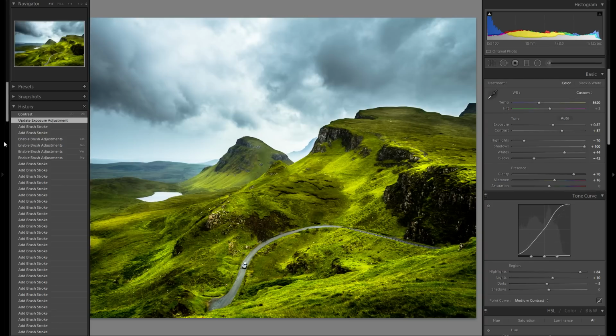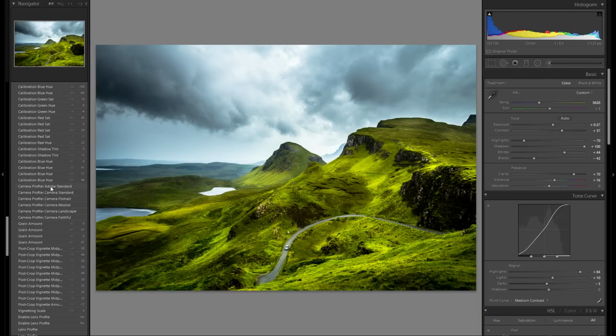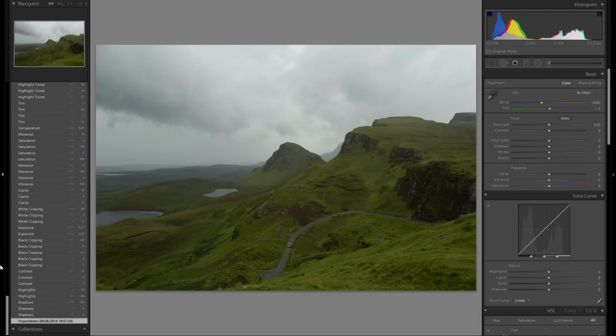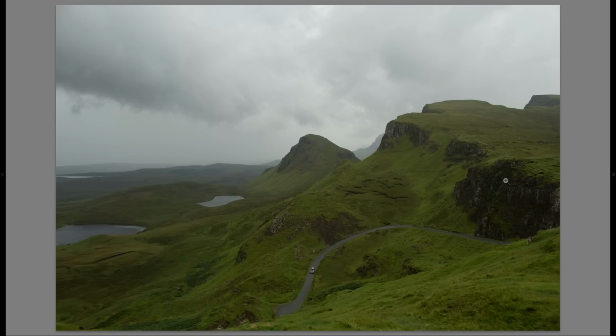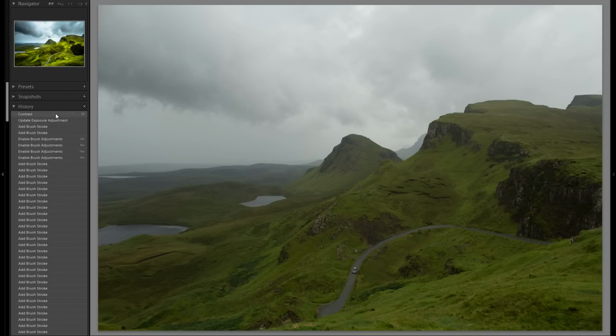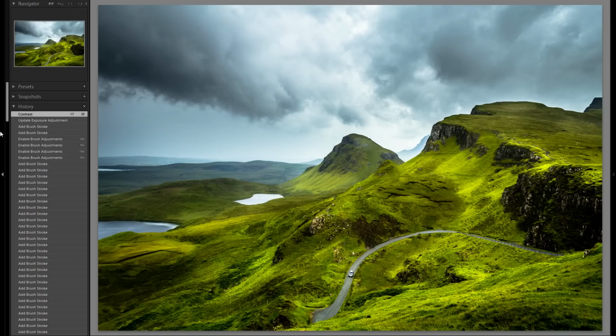Alright, so let's check where we started at with the raw file. Go down the long history, and here's the raw file. Really insane where we started at. Really flat looking picture, not too much interest, not very much detail in the clouds and in the sky. But after about 30 minutes of editing or so, probably even less, we now have an amazing, breathtaking picture like